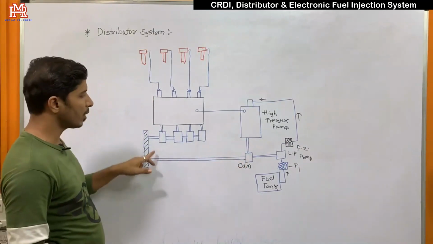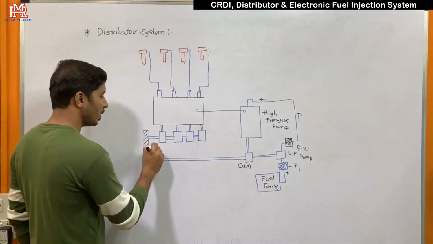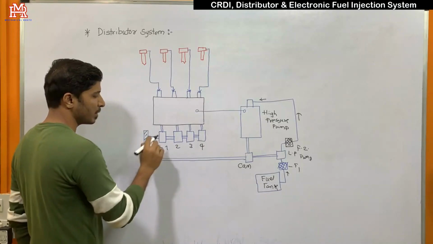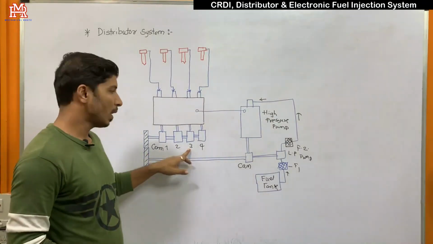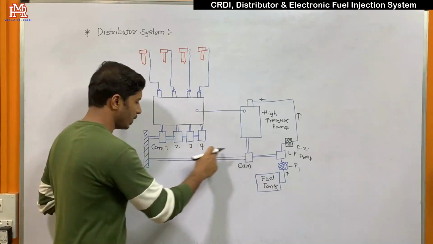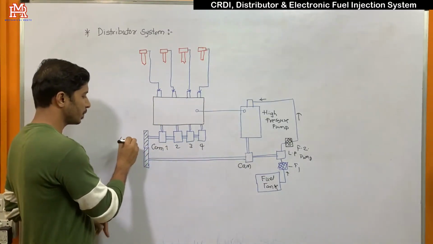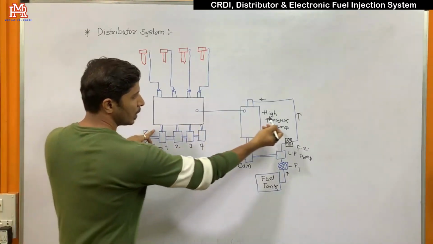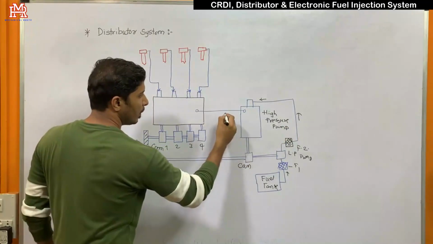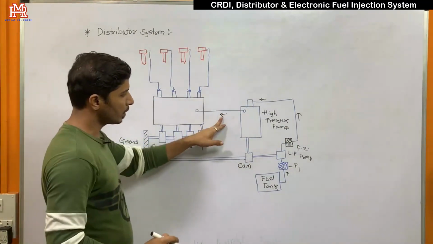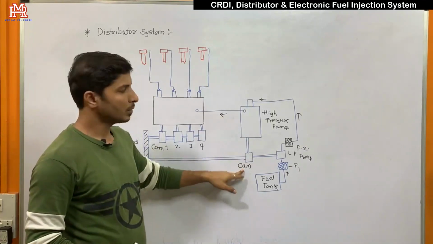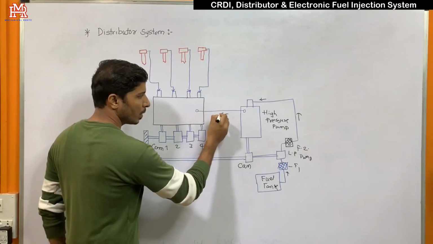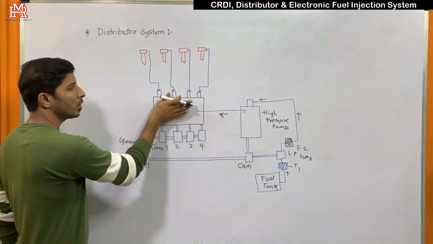This cam is again connected to the camshaft, where we will have these cams 1, 2, 3, 4. This is a camshaft on which different cams are mounted. And this movement will be transferred to this cam with the help of these gears. And again see, now the fuel from the high pressure pump will be transferred. This is controlled with the help of this cam. So the fuel supply will be controlled with the help of this cam. This high pressurized fuel will be transferred to the distributor.